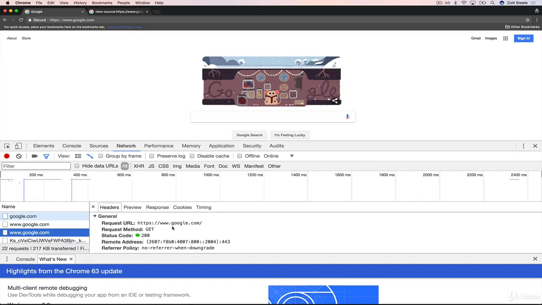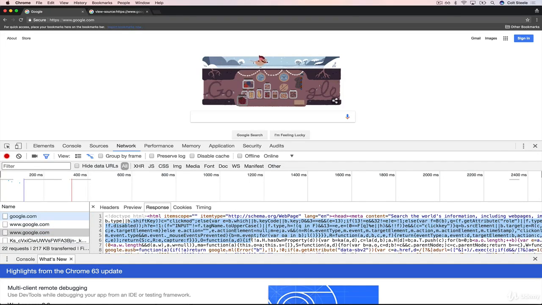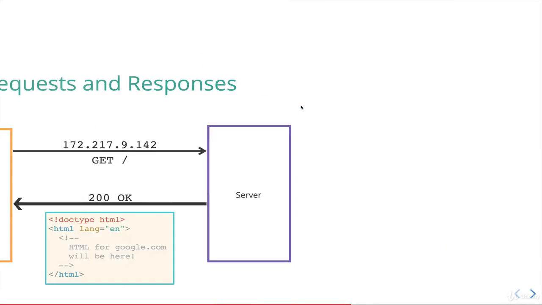Anyways, we're getting sidetracked. All I want to show, we send a request, we get back a response. It technically looks like this. Our browser makes it look like this. Next topic,